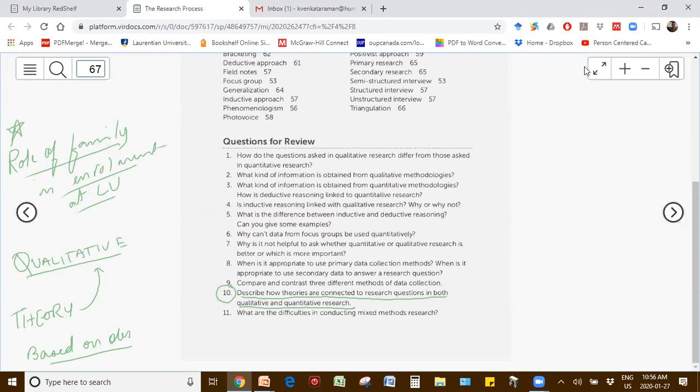Okay, let's look at the opposite. Let's say you're collecting quantitative data on, we'll have to pick a different topic, the socioeconomic status of the family and the decision to join Laurentian. So what is your theory here?